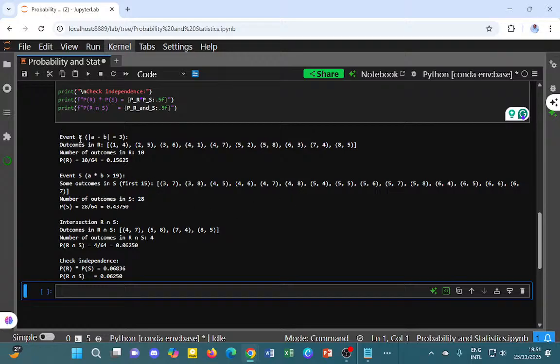So event R is defined by the absolute difference between the outcomes in the first throw and those